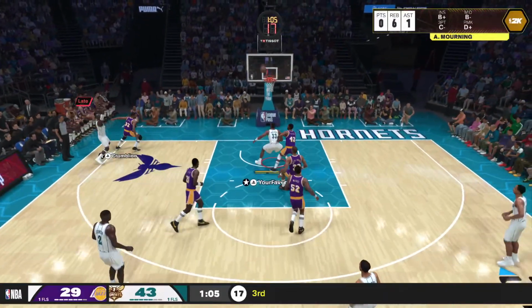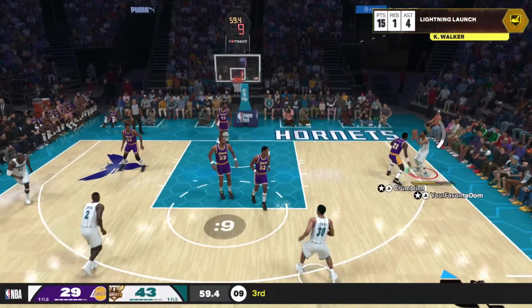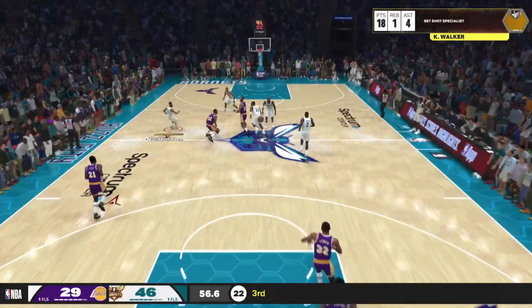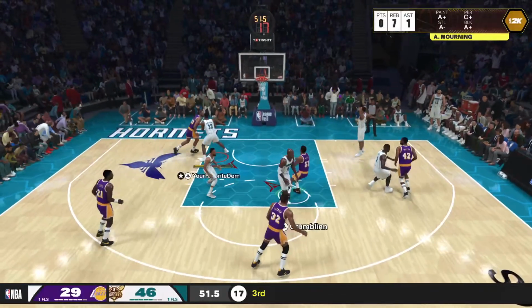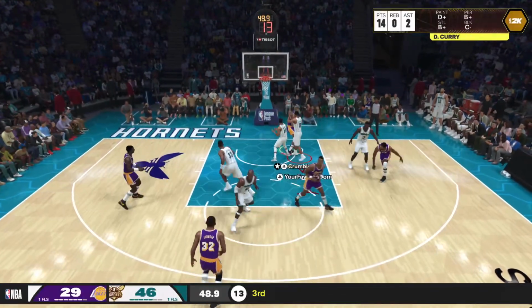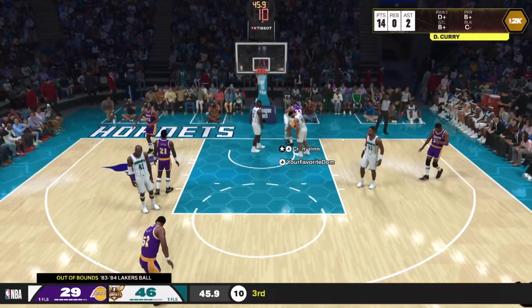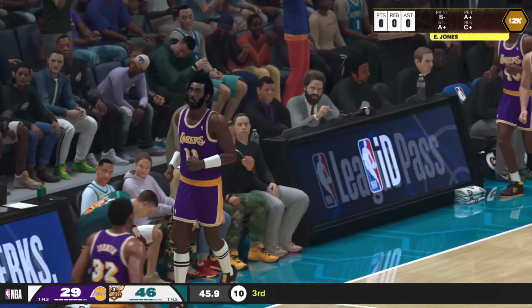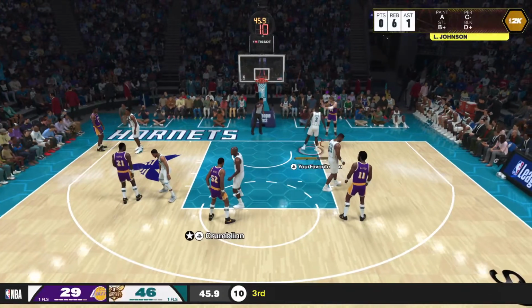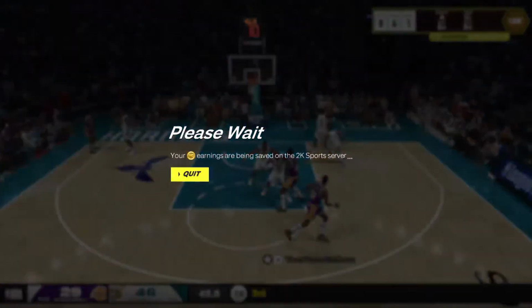Here's Rice. The kick out. Curry. Walker for 3. And it's good. Assisting on the play was Curry. And the Hornets lead by 17. They are unconscious from outside. And so far, the defense has had no answer. Out of bounds. Look, when the three...